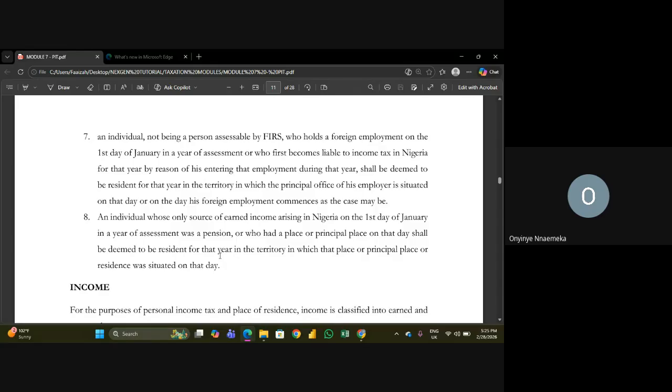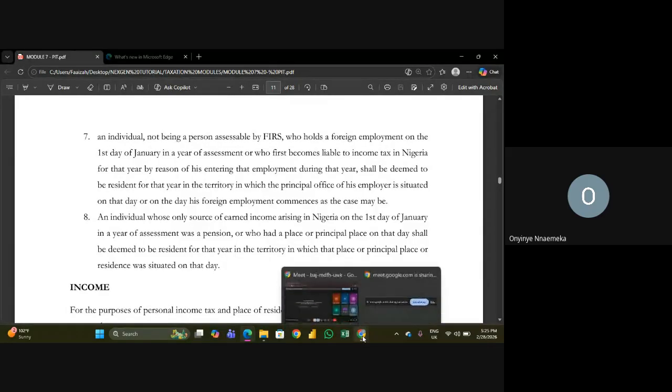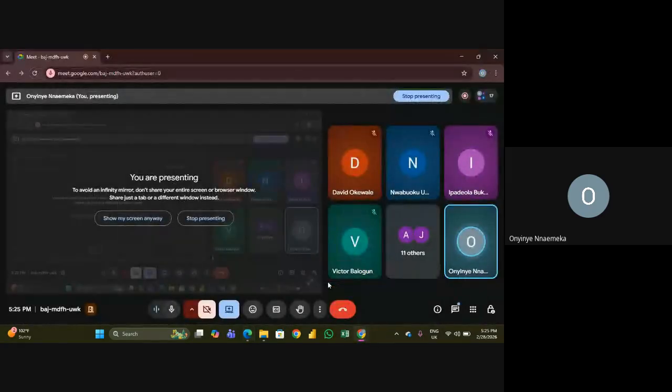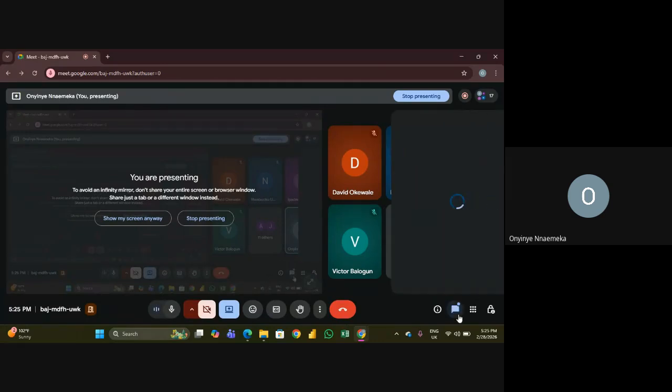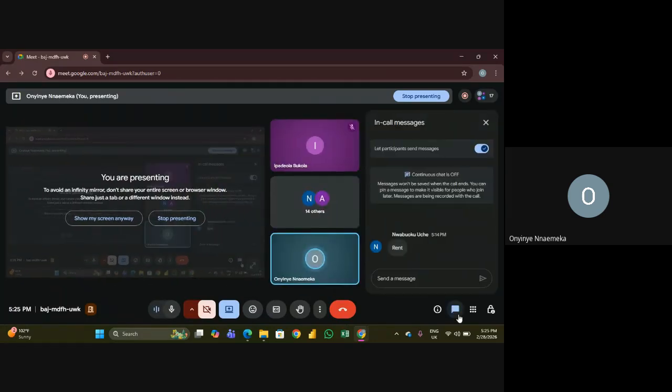Guys, let me ask you a question once more. Who are individuals that are to pay tax to FIRS? Normally, individuals are to pay tax to the states, that is the state's internal revenue service. But there are some individuals whose own tax authority is FIRS. Kindly list those individuals in the chat box. Wilfred, your hand is up. Yes, those individuals like